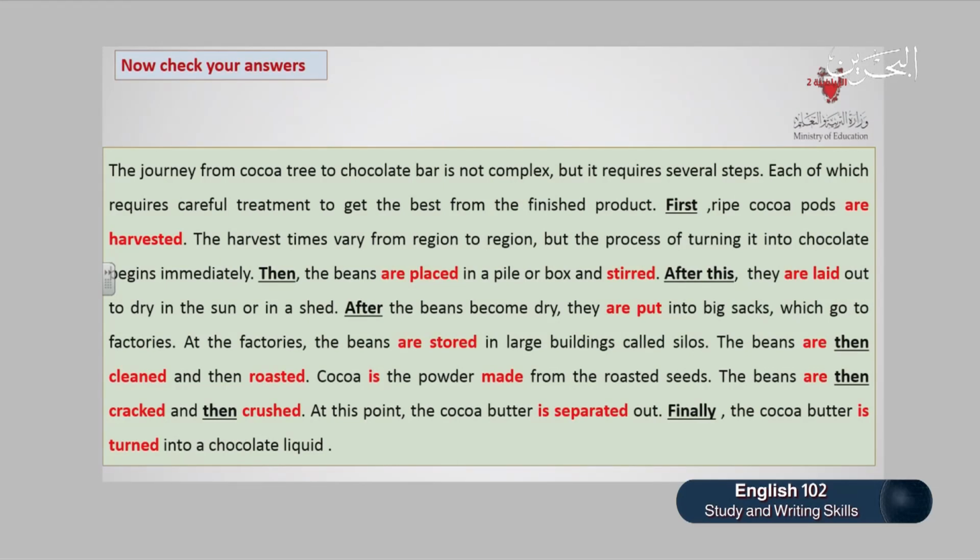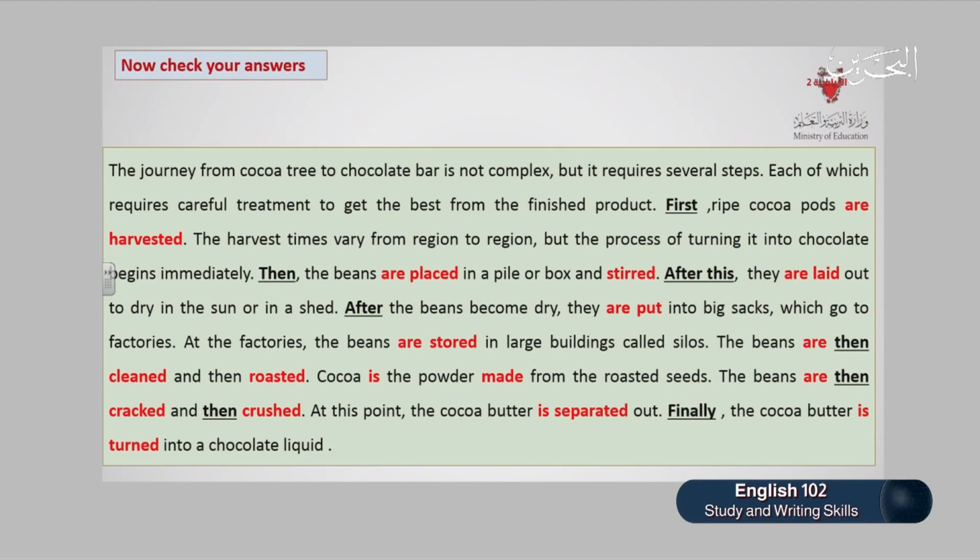First, ripe cocoa pods are harvested. The harvest time varies from region to region, but the process of turning it into chocolate begins immediately. Then, the beans are placed in a pile or box and stirred. After this, they are laid out to dry in the sun or in a shed. After the beans become dry, they are put into a big sack which goes to a factory,